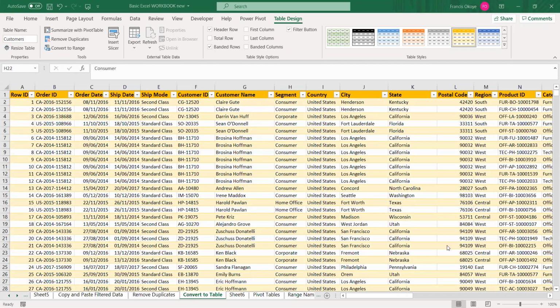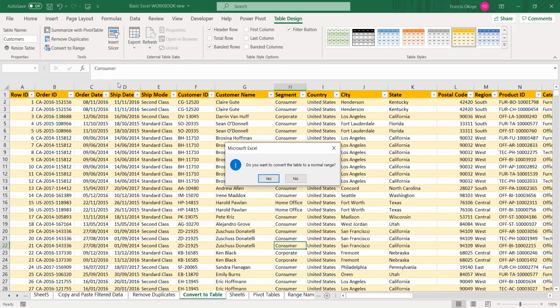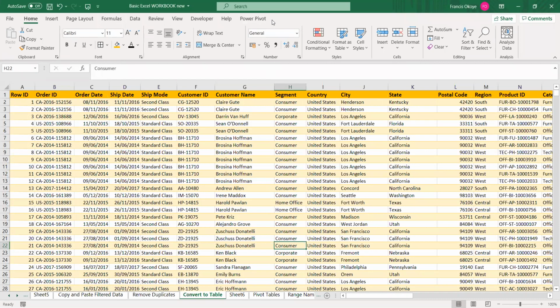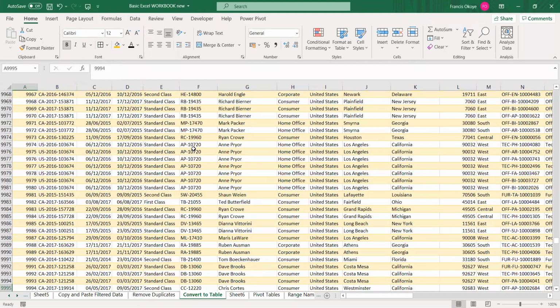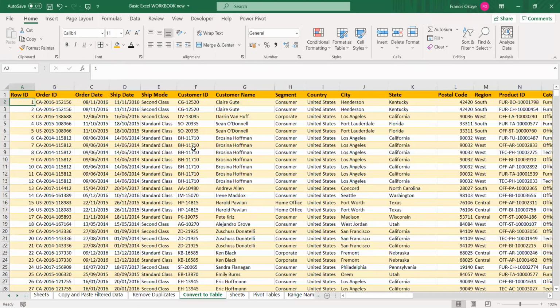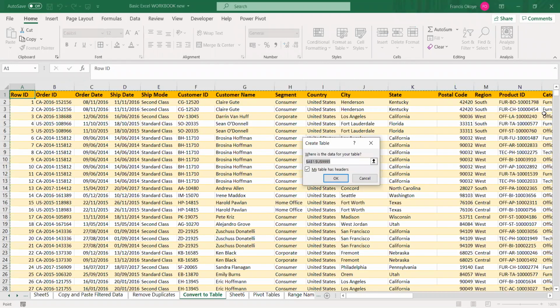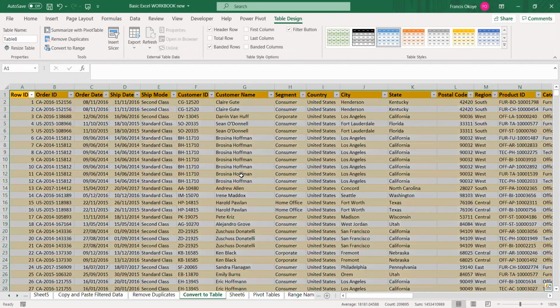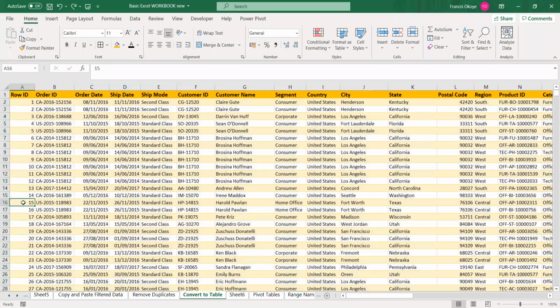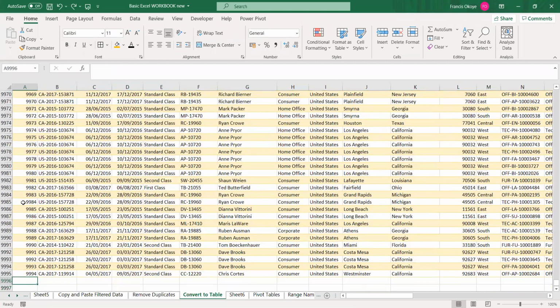Okay. So if I want to remove it from table, what do I do? Convert to range. Yes. Now, can you see that table design has disappeared? So it means that this is no longer an Excel table. Now, the reason why you always have to put in an Excel table, let me first show you. It means that if I want to add anything here,